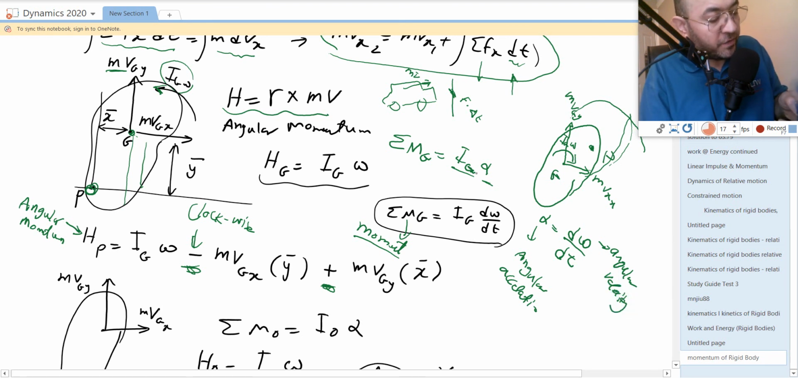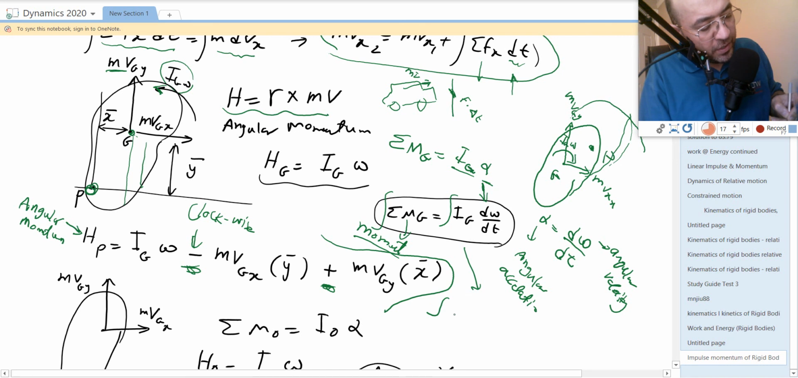So if I integrate this equation, if I replace alpha with d omega over dt, I'm going to have an equation like this. Then you could integrate this equation from both sides. The result would be equal to the integration of the sum of moments about point G